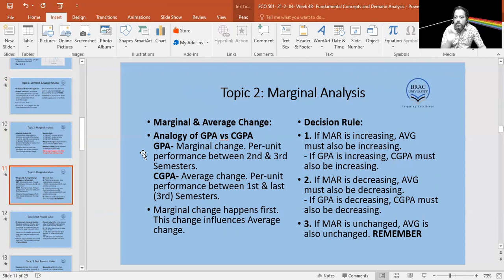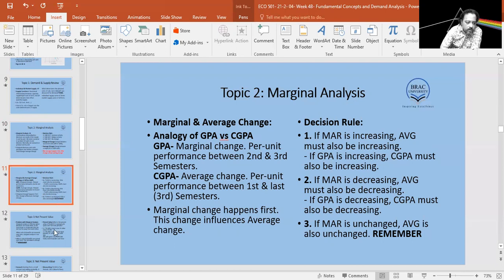Marginal analysis is good if we are looking at a single point of time analysis. Okay, for example, we want to consume over 1 month. Okay, no problem. But what happens if we are making an expenditure over, say, 4 years? For example, your undergrad. Before you came to Brac University, no matter where you were, whatever you studied, your undergrad was 4 years. So if you wanted to calculate the costs, you had to spread it over 4 years. How much do I spend over the first year, second year, third year, fourth year? Okay, this type of analysis cannot be done with marginal analysis.